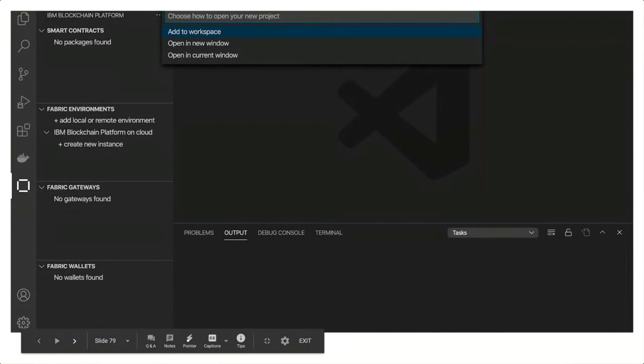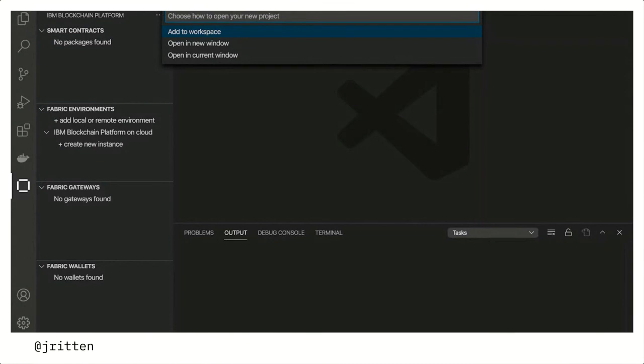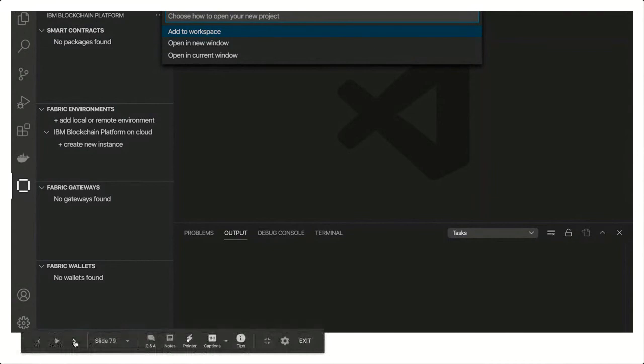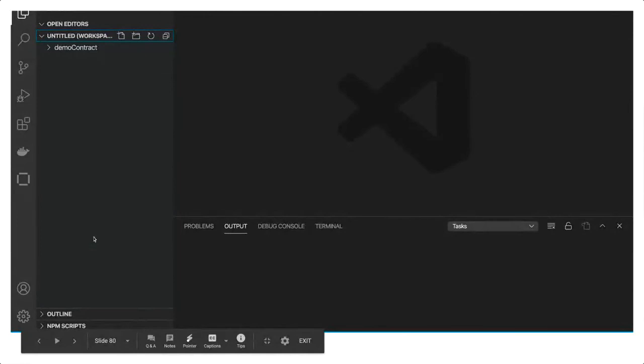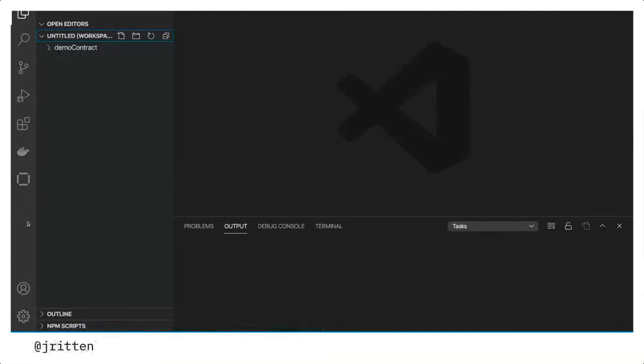Once that's done, you'll be able to navigate to the Explorer here. Most likely the icon in the left sidebar, so it's up here. It's a little cut off up here, I apologize. You can navigate to your document icon here, and then you'll be able to open the source my asset contract .ts file. I clicked here and went to my workspace, and you can see the demo contract project that I just created.